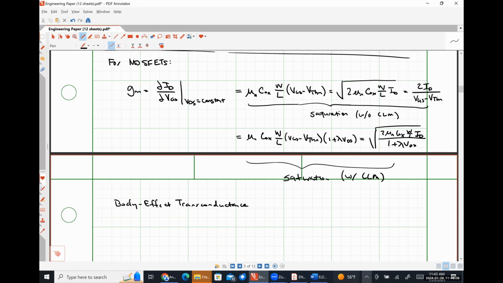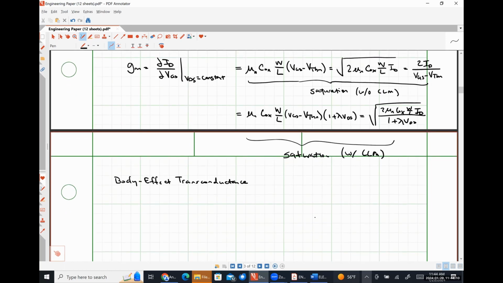The body effect transconductance arises because the potential difference between the source and the body of a MOSFET has an effect on the threshold voltage, VTH, which we've discussed previously, which in turn has an effect on VGS minus VTH. And so if it's going to have an effect on the overdrive voltage, and we know that our current is dependent on the overdrive voltage VGS minus VTH, we're also going to have some transconductance here. So our body effect transconductance is typically given by the symbol GMB, and it is the derivative of our drain current with respect to our body source voltage,